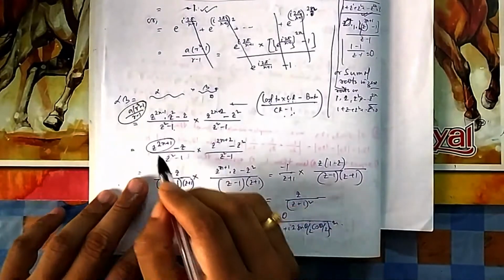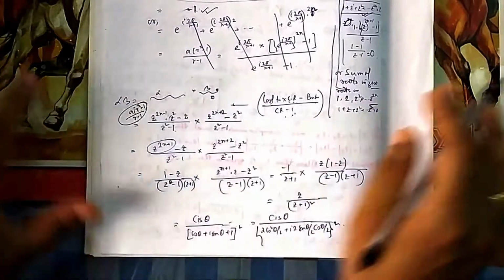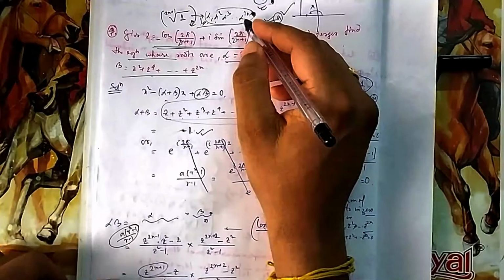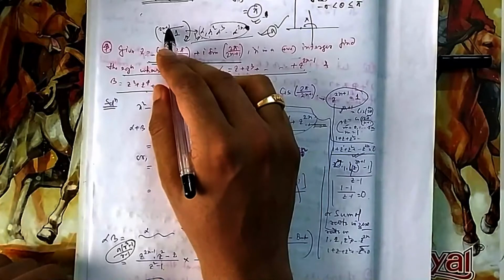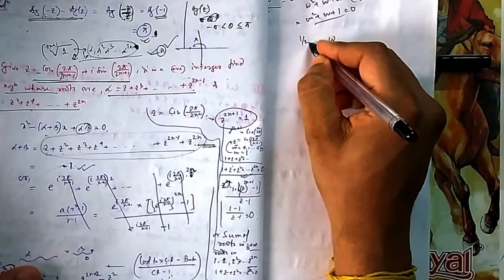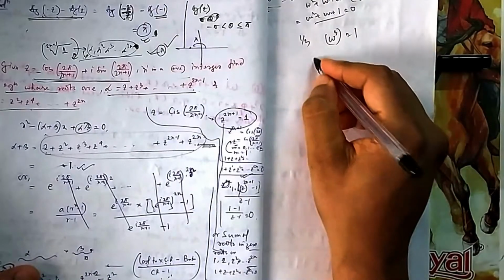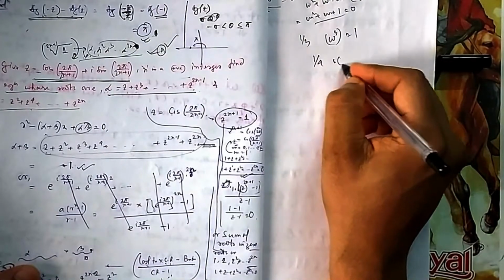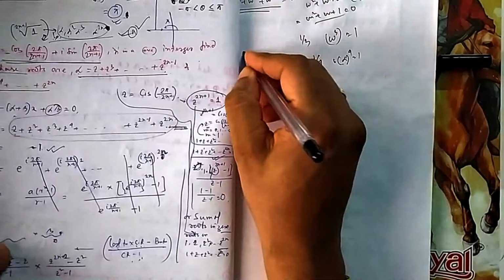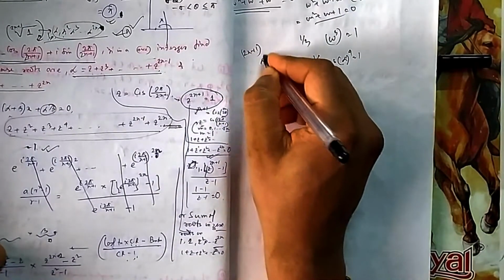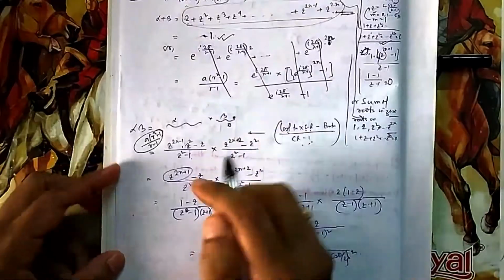Okay, now if you see this one, what is Z to the power 2n plus 1? What is alpha to the power 2n plus 1? Any alpha to the power 2n plus 1, because it is a 2n plus 1th root. You see omega, because omega is a cube root, omega cube will always be 1. If it is a fourth root, then that to the power 4 will always be 1. Because it is a 2n plus 1th root, alpha to the power 2n plus 1 will always give you 1. So this is 1.